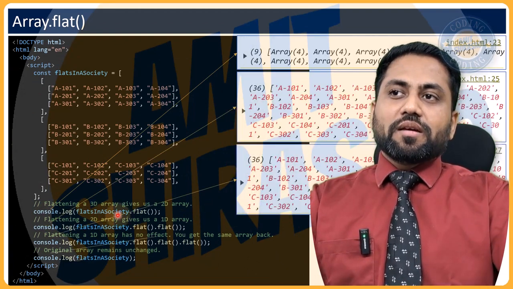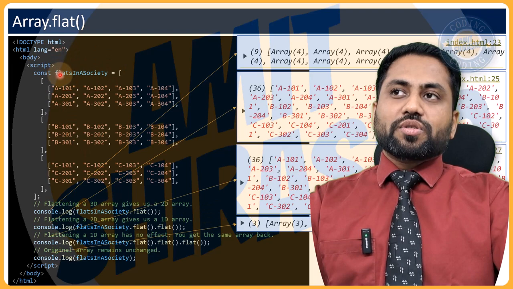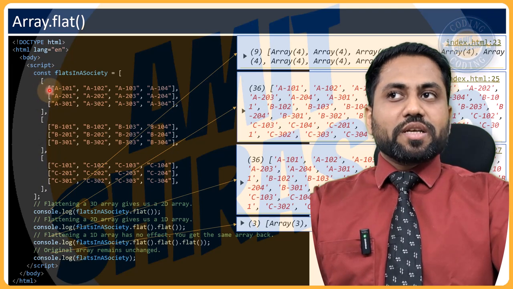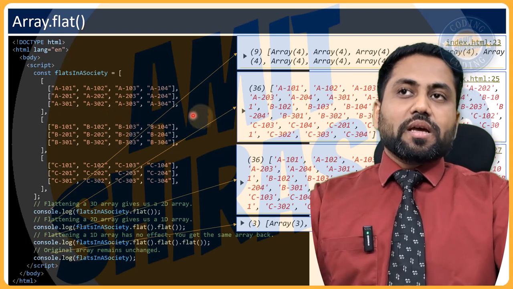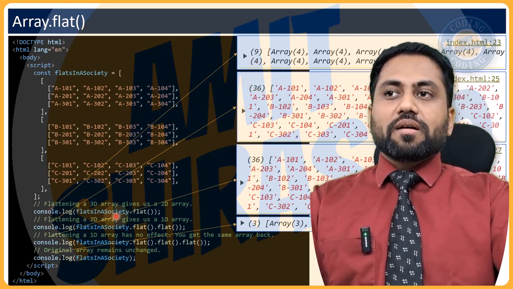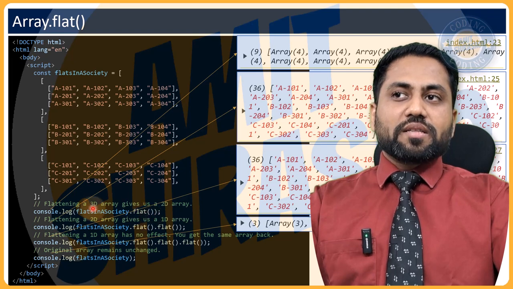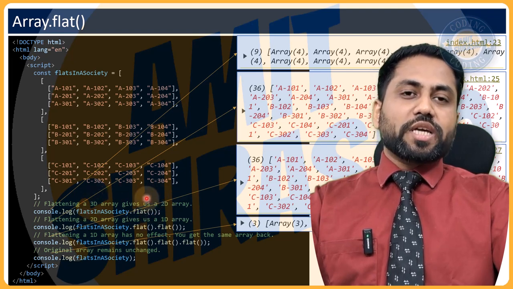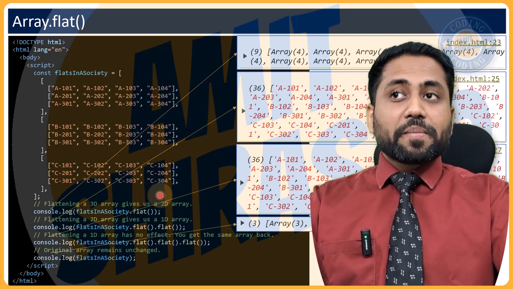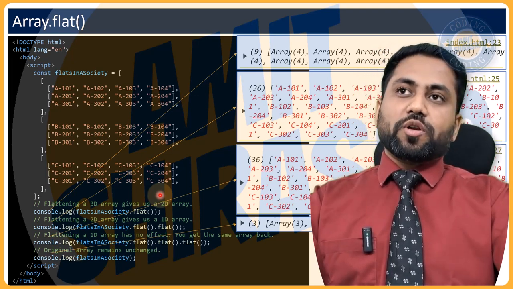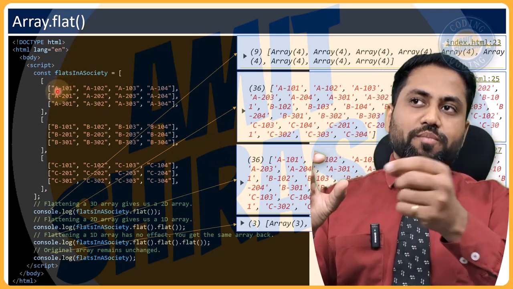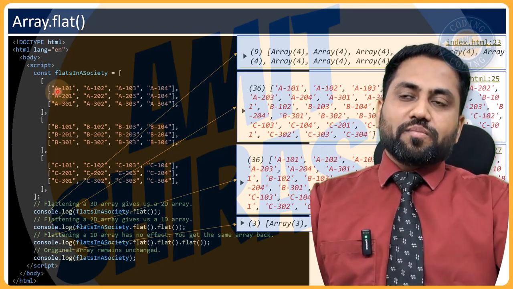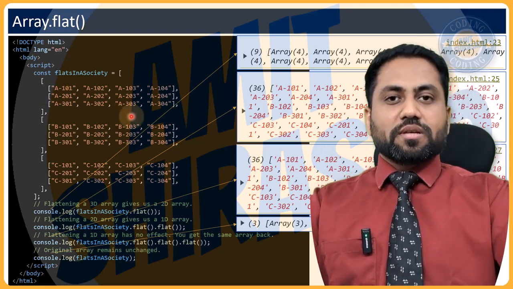Here I am saying this is a 3-dimensional array because it has A building, B building and C building. And within the building there are floors, and within every floor there is one flat. Okay, so if I say array dot flat, then it's a 3D array, it gets converted to a 2D array. How will it get converted to a 2D array? Will the data be lost? No, data won't be lost. So what will happen is it will just concatenate